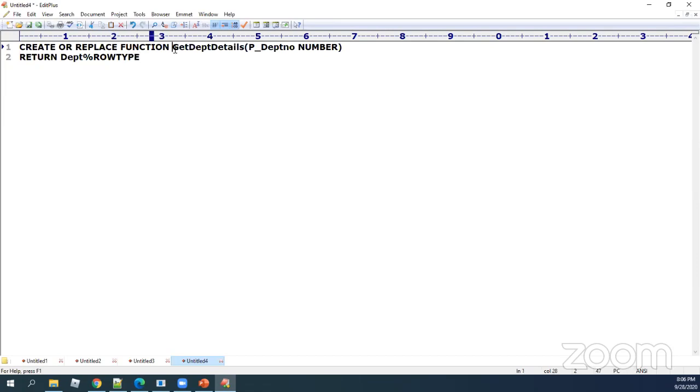So a function can return a record of data. But the only thing you should remember is that it is a single record of data it is returning. Therefore, in my previous class, I said a function should return a single data type as a value. Now, this is one single data type that you're returning. Internally, it has 3 columns. It doesn't matter.